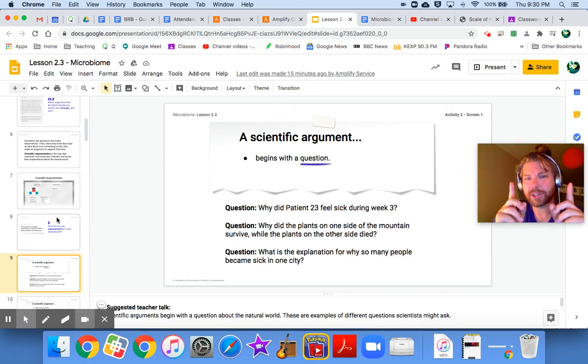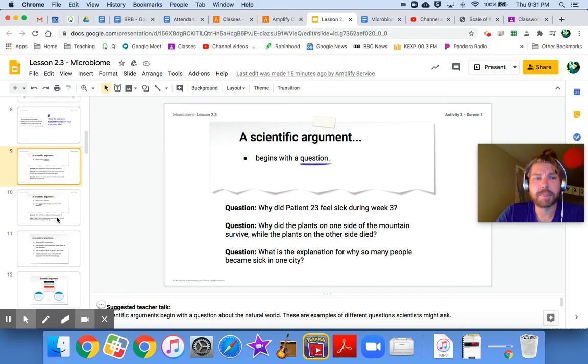So it begins with a question, but even before that, what does it begin with? An observation, really. You notice something. You notice something and you think, I wonder why that is. I wonder why the wind's blowing this direction, not this direction. I wonder why those ants all go along in a line. I wonder why when I stop watering my plant, it dies. So yeah, the observation leads to a question.